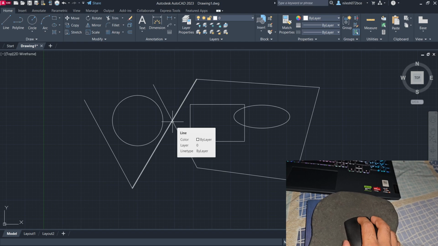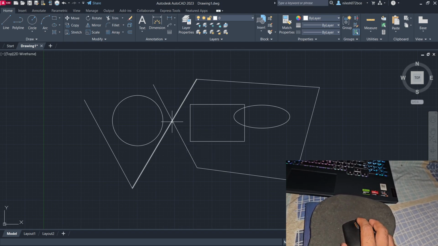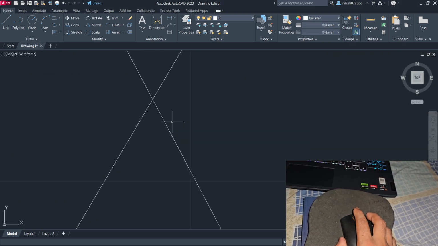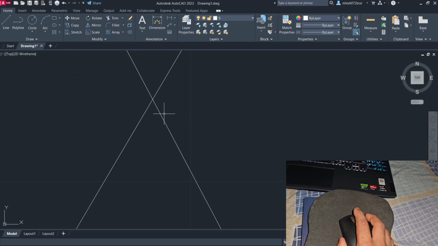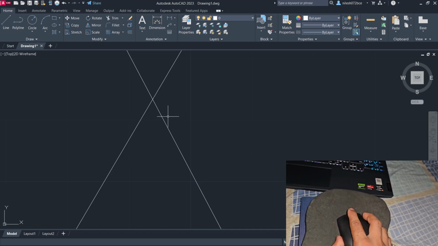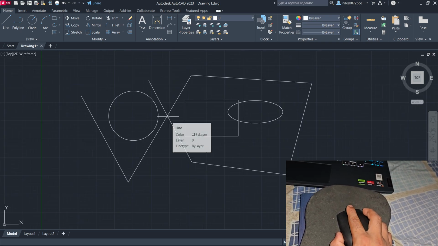For example, to zoom in, I will rotate my mouse wheel in the outward direction. You can see this particular part has been zoomed and not the others. And now if I want to zoom out, I will rotate the mouse wheel in the inward direction.